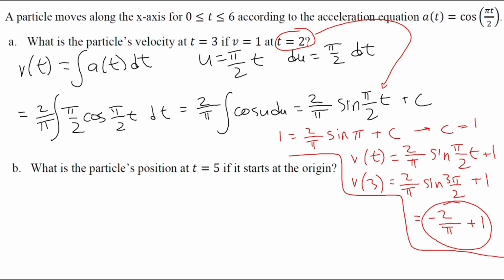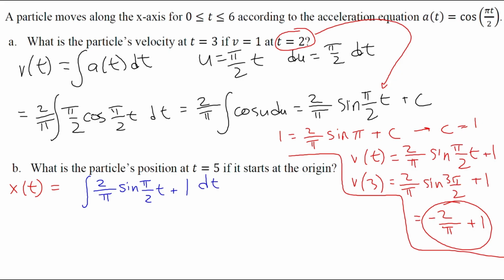Okay. And then for the second part here, we want the position at t equals 5 if it starts at the origin. Well, in order to find the position, we need to get a position function. We'll call it x of t. And I'm going to use a different color here. So x of t is going to be our integral of v of t, right? V of t is our function for v of t that we just found, 2 over pi sine pi over 2t plus 1